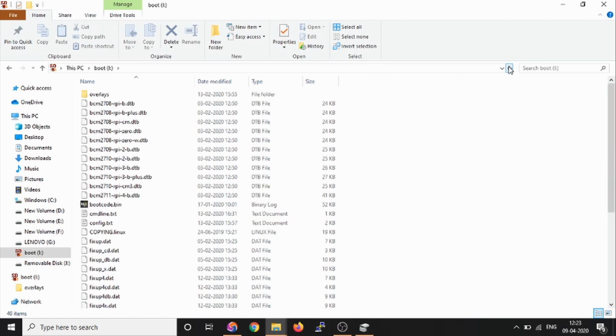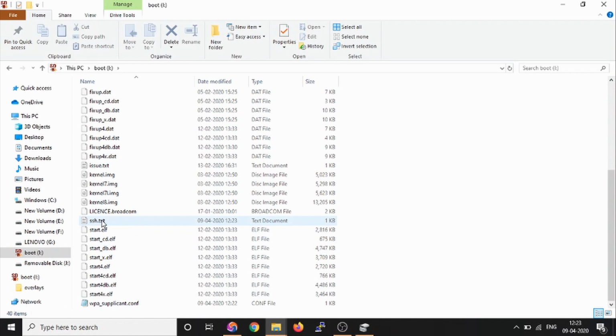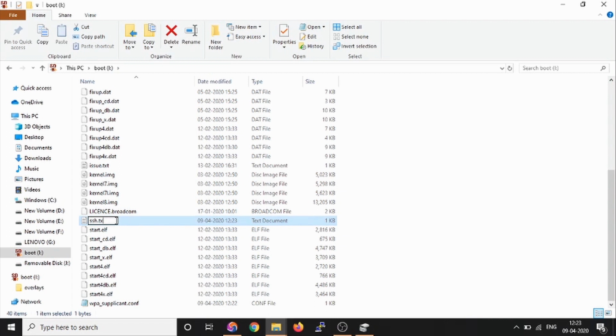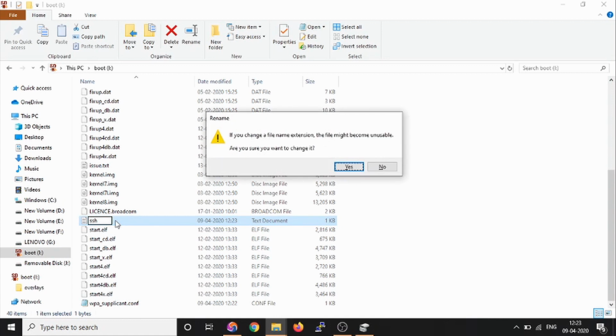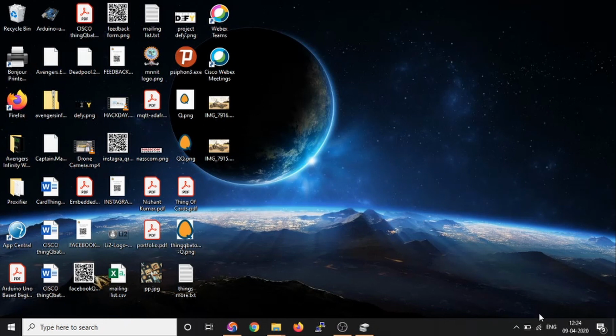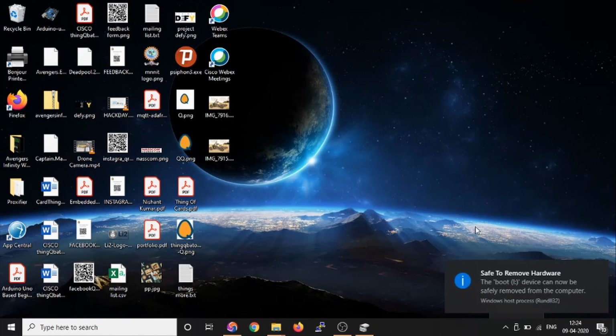So now this is the SSH file. I have to rename it, and while renaming, I have to remove any extension that I got. It should be just SSH. So I press enter. Okay, and that's done here. Now we'll close it and safely remove the SD card from the device.